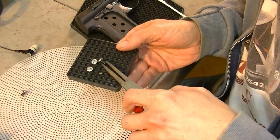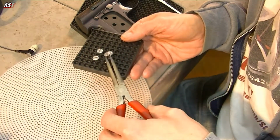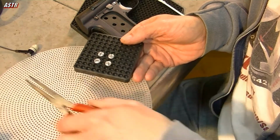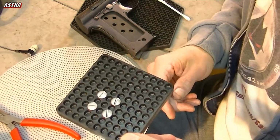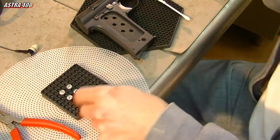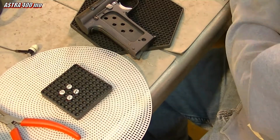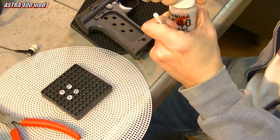want to blue. I'm not worried about bluing the rest of the piece of hardware. I just want to get the heads. I can do that, and that way they're all held, and I can take my Q-tip, whatever I want to use to do the bluing with,